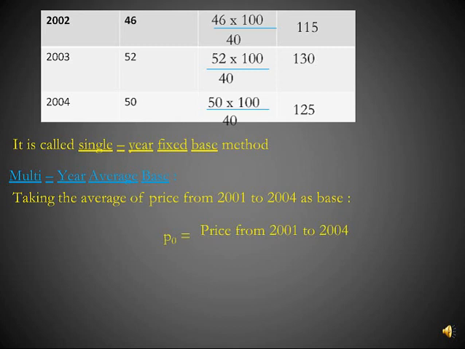P0 will be the price from 2001 to 2004 upon the total number of years. So here the prices from 2001 to 2004 will be added, that is 48 plus 46 plus 52 plus 50, and divided by the total number of years from 2001 to 2004, that comes to 4. So here P0 comes to 49, that is the average of prices from 2001 to 2004. Then the index number will be calculated as,